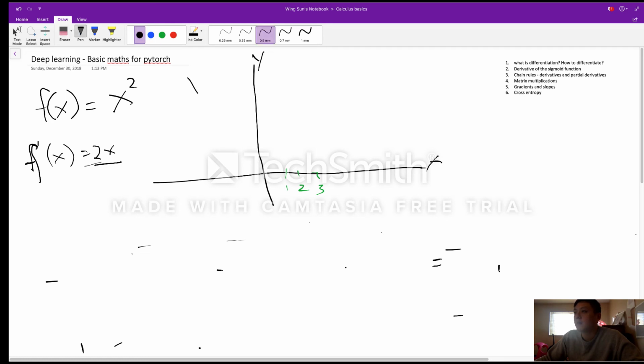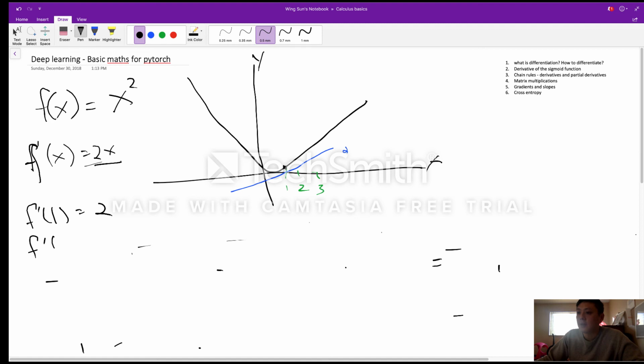Let me have a fatter one, so it's easier to explain. Okay, so what that tells you is, if x is 1, that becomes 2. What this tells you is at x equals 1, the slope of that gradient is 2. If I say to you, f prime of 2, well, that is equal to 4. So what that tells you is at x equals 2,